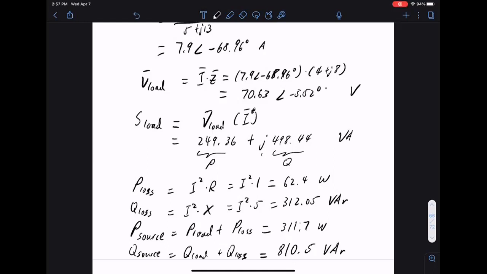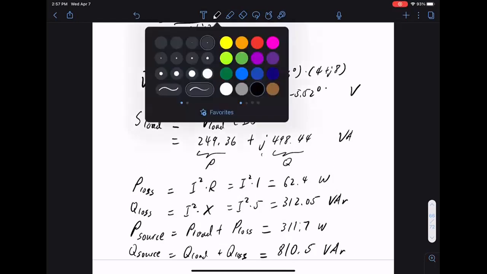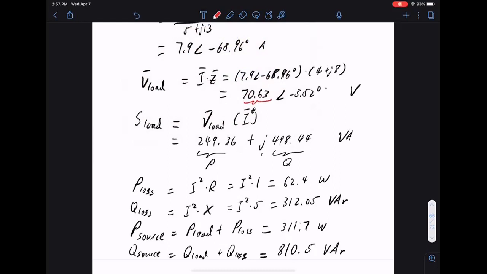Okay. So if you look at this calculation, you're actually providing more reactive power than active power. So the loss is dominated by reactive power. The load is actually dominated by reactive power. You're consuming more Q than P. So the consequence of that is actually your voltage is quite low. Okay, so this is a low voltage. Your voltage is quite low because,